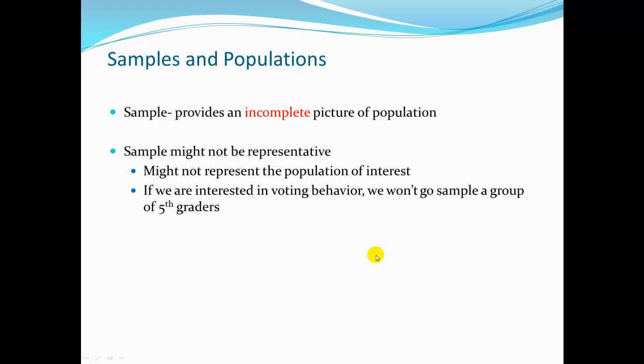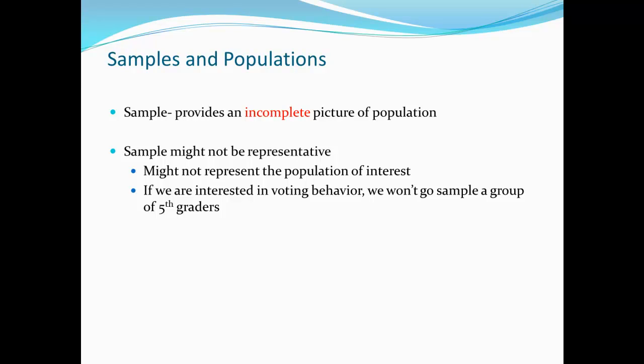But let's start off with this, which is going to segue us into our discussion of sampling distributions. Let's review a little bit on samples and populations. As you recall, samples are basically a subset of a population. But one thing we can say about samples is that they generally provide an incomplete picture of a population, because you're not asking every single person or observing every single thing in a population, you're just taking a small part of that and trying to infer from that to the population. So there's always the chance that your sample isn't really a good representation of your entire population.